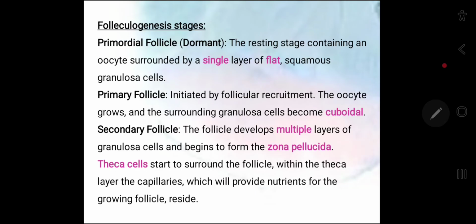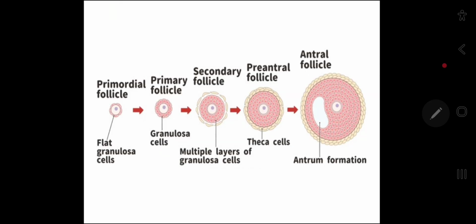In this slide, folliculogenesis is explained in stages. First, we start with the primordial follicle, which is the dormant or resting stage. It contains an oocyte with a single layer of granulosa cells. Granulosa cells in this stage are flat, squamous, single layer. When these granulosa cell layers become cuboidal, it's called a primary follicle. And when surrounded by multiple layers of granulosa cells and a theca cell layer starts to develop, it's called a secondary follicle. As shown in this picture,